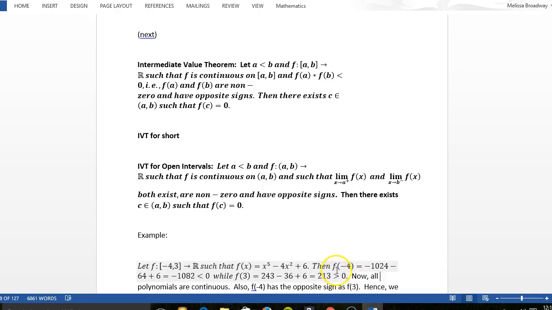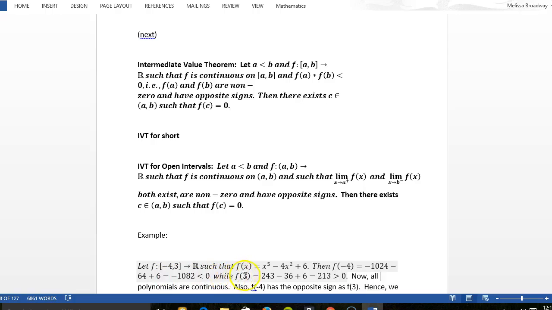Then if you plug -4 into f, you'll get (-4) to the fifth, which is -1024, and then minus 4 times positive 16, so you're minusing a positive 64, and the plus 6 is just stoic. It's right here. I went ahead and did the arithmetic already. I did PEMDAS, or please excuse my dear Aunt Sally, order of operations arithmetic, okay? And that's equal to -1082, which is less than 0,